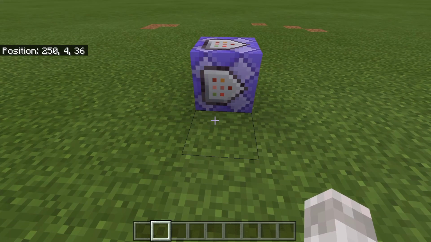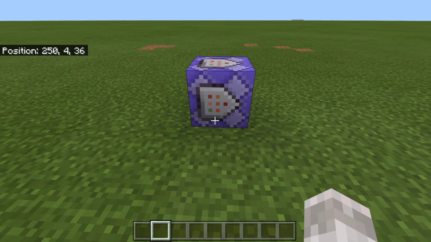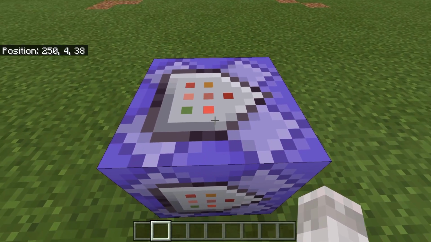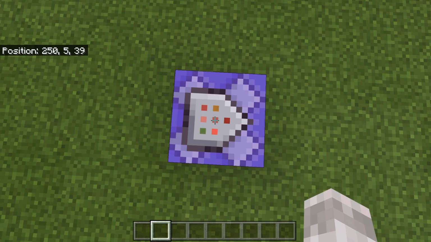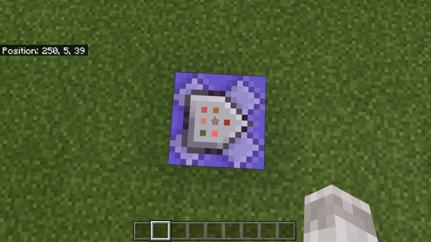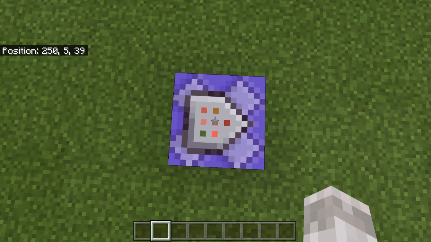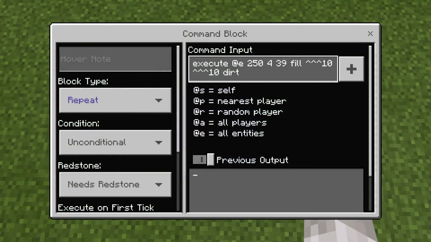In this video, I'm going to show you how to make a sphere in Minecraft. So all you'll need for this is one command block, and you want to place it down and stand on it. You then want to write down the coordinates of where you are currently facing. So face down, write down the coordinates of where you're facing, and then you want to go inside of the